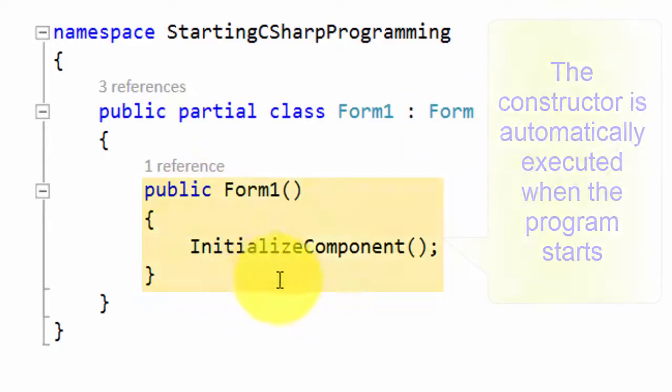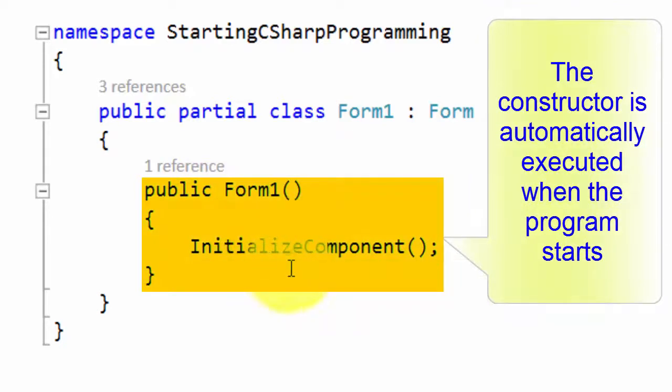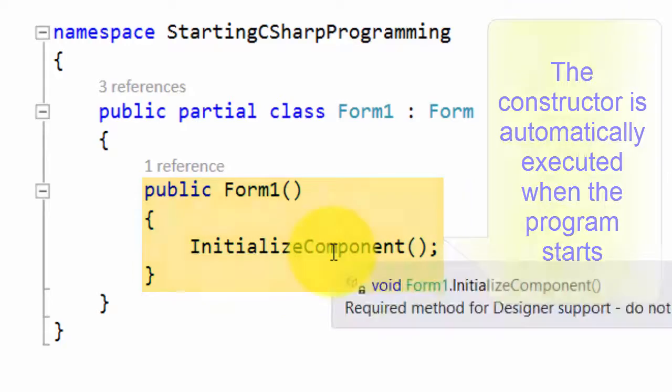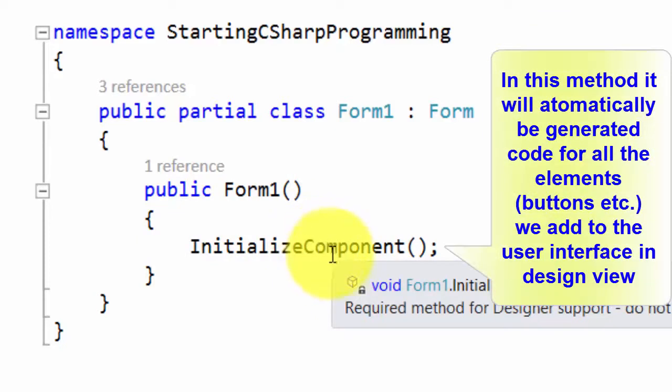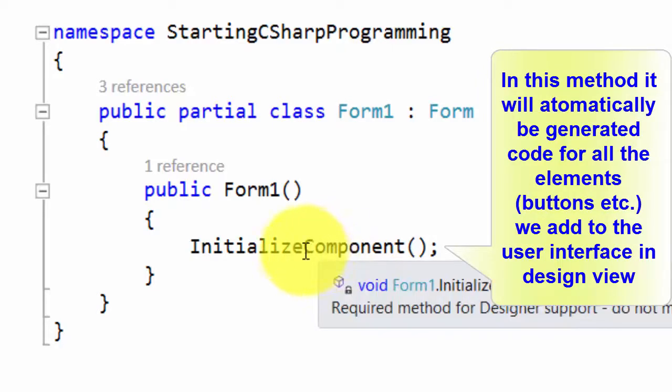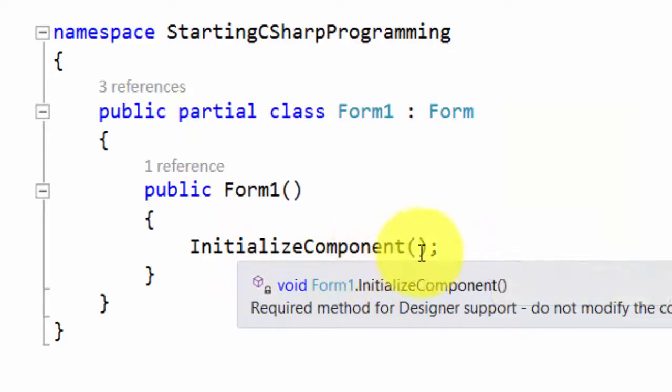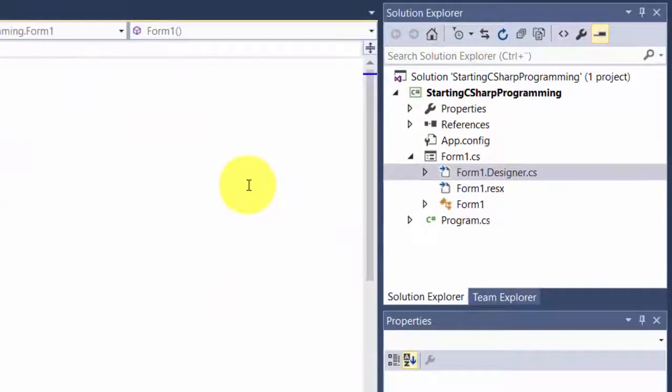A constructor is executed automatically when the program starts. They are used to initialize code elements. In this case, a method named InitializeComponent will be called and run, in which, amongst other things, the components on the form will be given names, back colors, size, etc., in accordance to our specifications in the Properties window in Design mode. The code in this method that we are calling here is normally hidden for us,